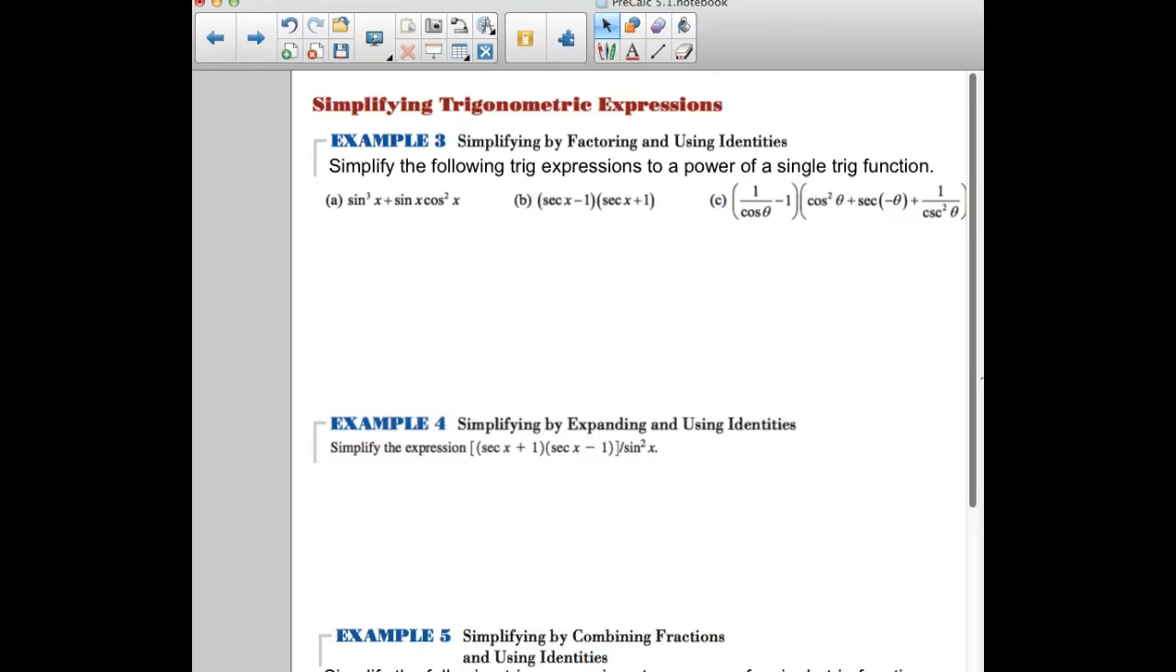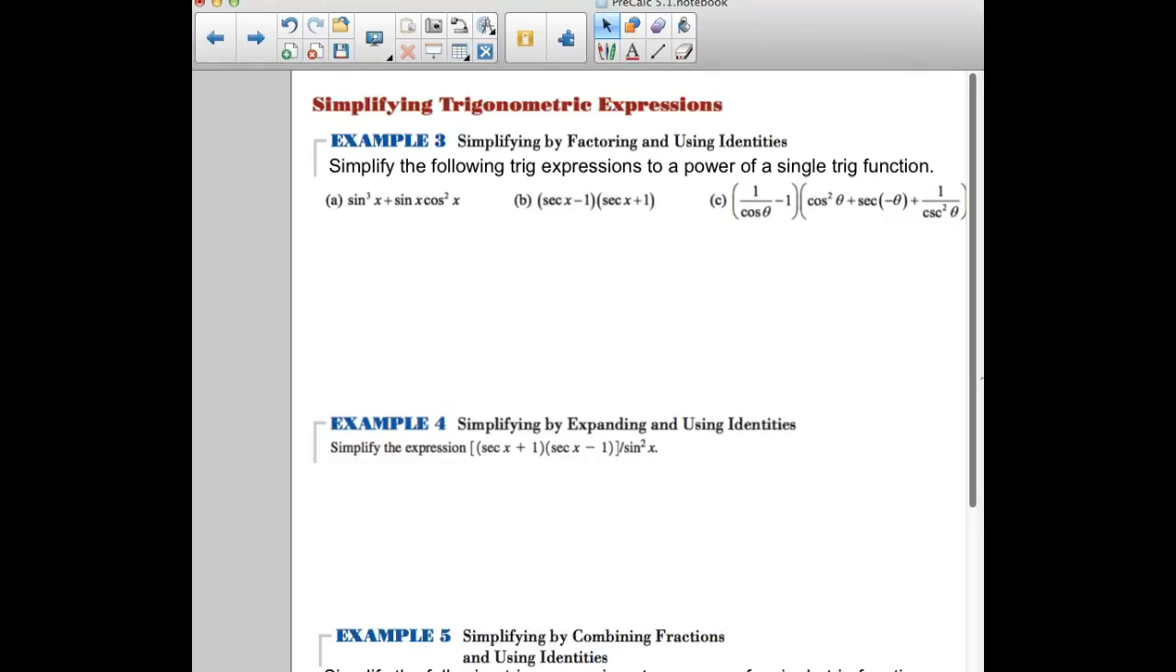All right, example 3. It says to simplify by factoring and using our identities. Simplify the following trig expressions to a power of a single trig function. So when you first glance at them, notice that there's different trig functions involved. The first one has sines and cosines. We want to get this down to just a single